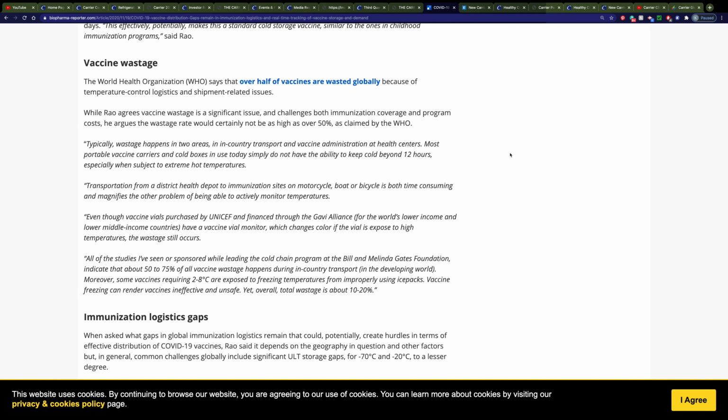50% wastage is just too much for this COVID vaccine, especially knowing that it takes more than one dose of these COVID vaccines. We just can't afford to be wasting COVID vaccine because we don't keep it reliably temperature controlled. And thus, I think that Carrier is positioned well to increase their business as this vaccine distribution gets started, hopefully